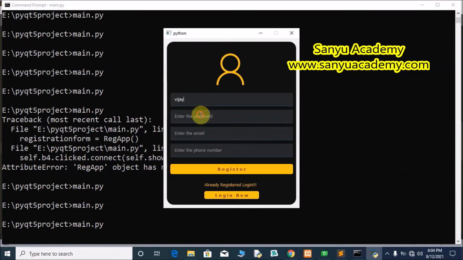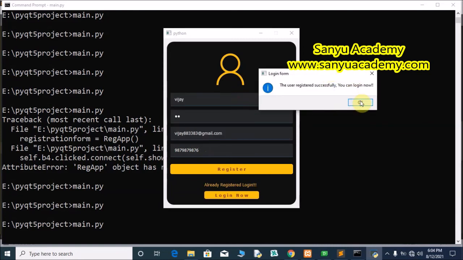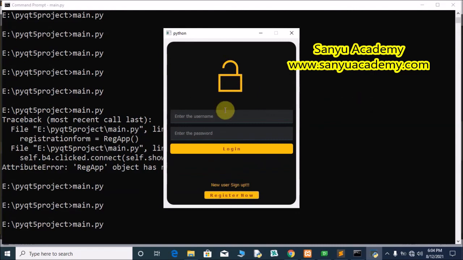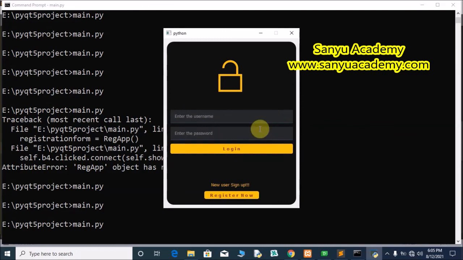Vijay username, password 78, email id, phone number. Click register. The user registered successfully. Click OK. Now we have transferred to the login form. Now we can log in with the username Vijay, password 78. Click login. Congrats, your login success.